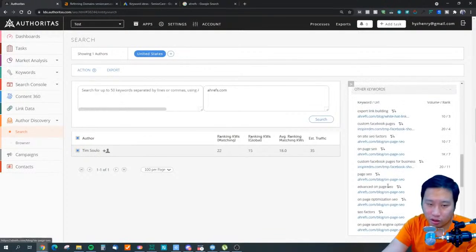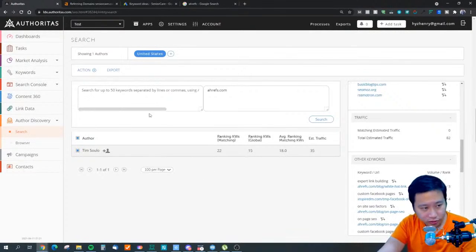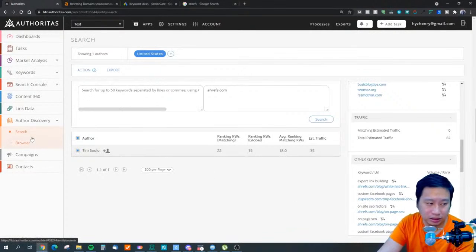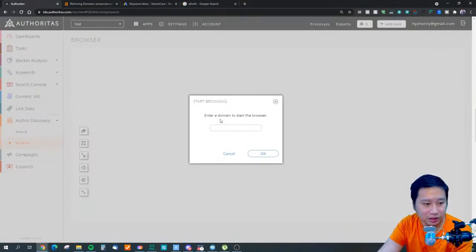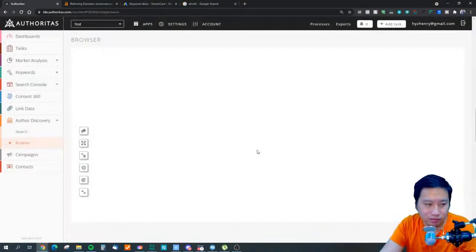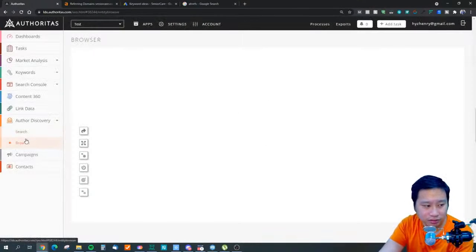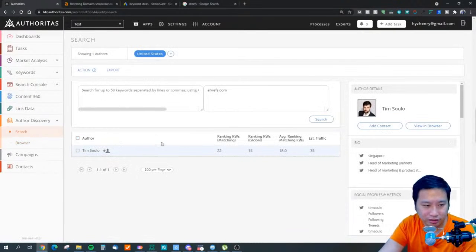I mean, it's not all in here, but it gives you a good idea for what he has. Okay, so that's the auto discovery. There is a browser feature as well, but I don't really use it at all, because it pretty much just lets you view the website itself,